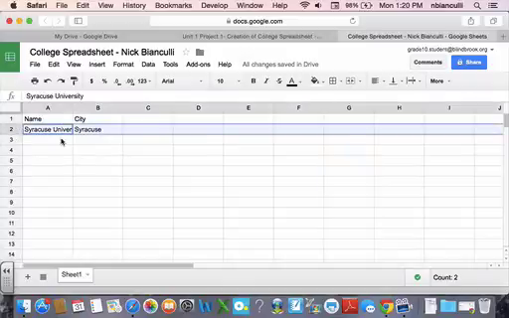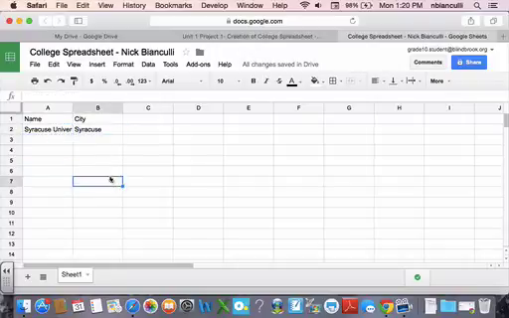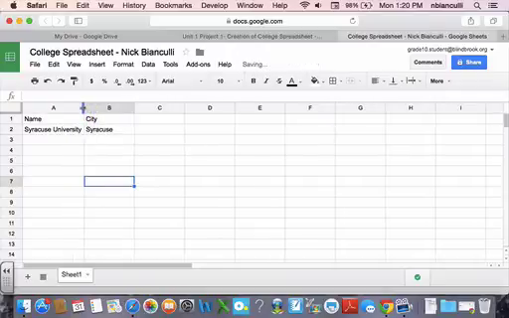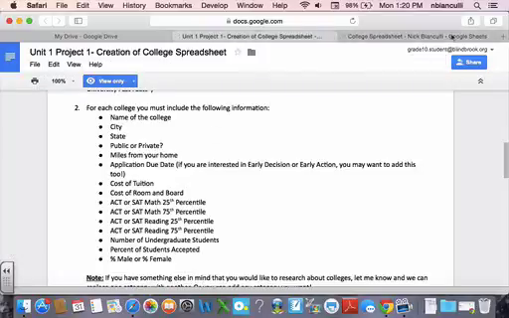And rows go across. By the way, you may have noticed that now Syracuse University is covered up because it doesn't have enough room. So you can simply take your mouse, arrow over, and if you put your arrow between column A and column B, you'll get an arrow, and you just drag it over, and now you have enough room. All right, our next category was state,